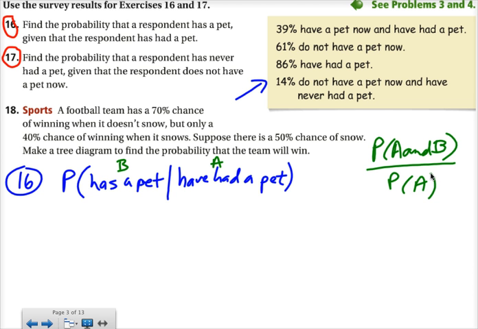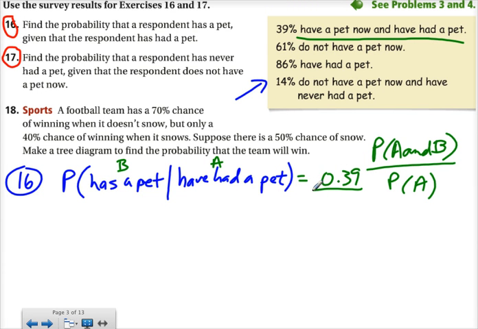So we take a look at this situation, and like I said, we've got everything labeled as B and A, and what we have to do is find the probability that a person has a pet now and has had a pet in the past. So I looked through all the survey results and I realized, well, that's right here. They have a pet now, and they have had a pet. They're doing both of those things right now, and that is our and situation. So that's going to be